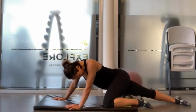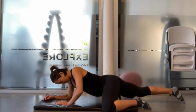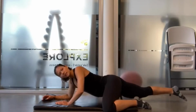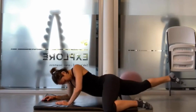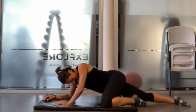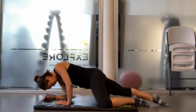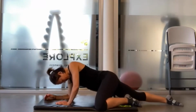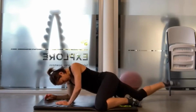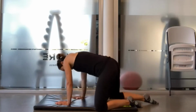And working all the way up into the hip. Adding in some knee bends. A little bit here on this leg. And then we're actually going to move on